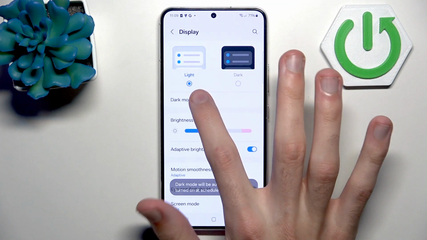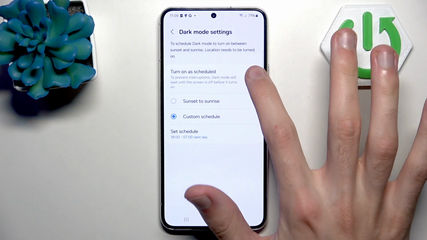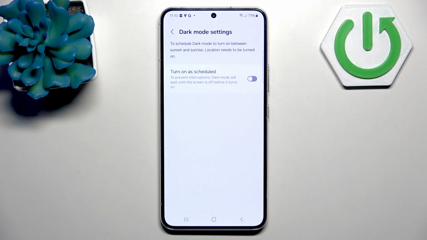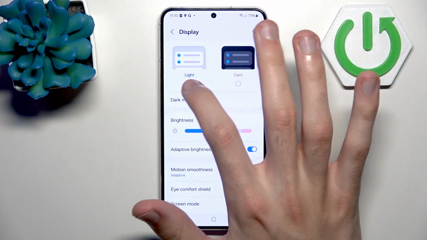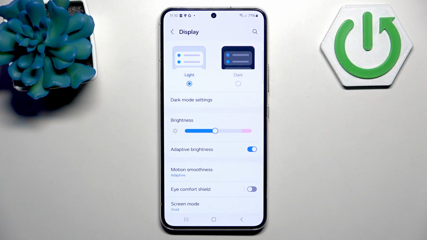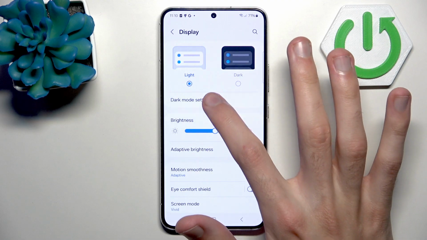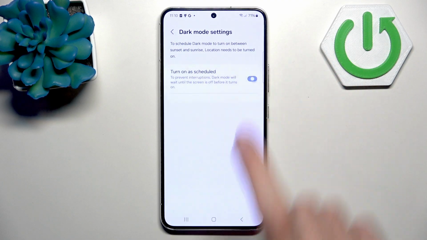However, we can also go into dark mode settings, and by default you have this disabled. This means that if you set it to light, there will be no way in which this will ever switch to dark mode. However, if you want that functionality, you can always go into dark mode settings and then enable